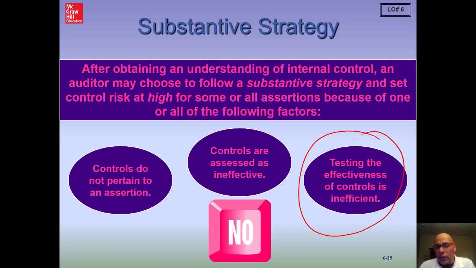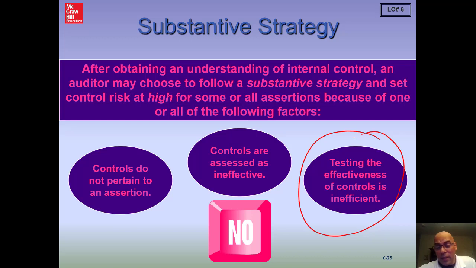Now, I look at this and it sounds good, but the actuality that could occur is questionable. Why? If we have looked at the controls, and we always have to look at the design of the controls, determine that they've been implemented, we look at controls, we think they have the potential to have operating effectiveness, then we could move to control testing, and we would be using more internal evidence, obviously, for the internal control testing, and if those had supported a lower assessed level of control risk through our testing of the operating effectiveness, now we can use internal data for our substantive testing, do some testing at interim, and have smaller sample sizes for our substantive test.